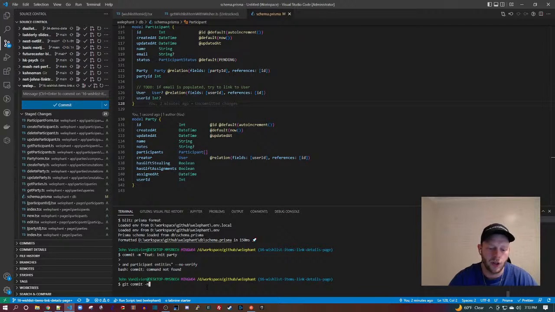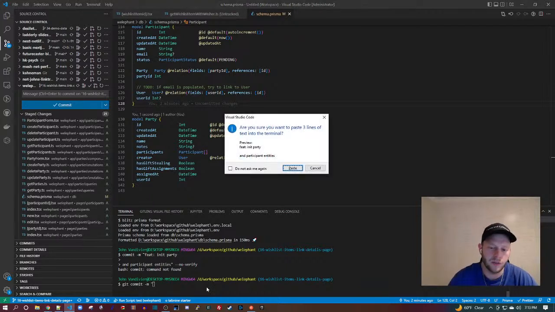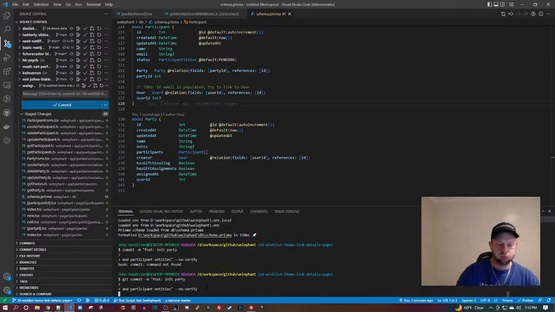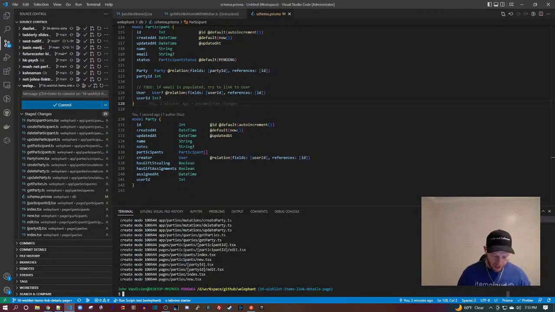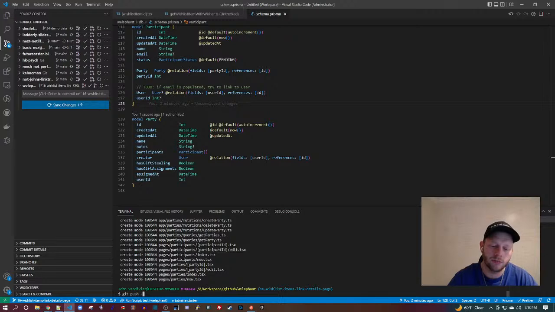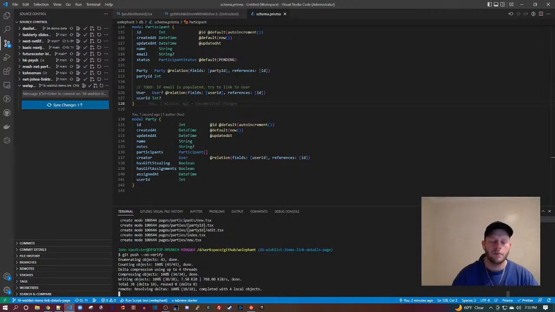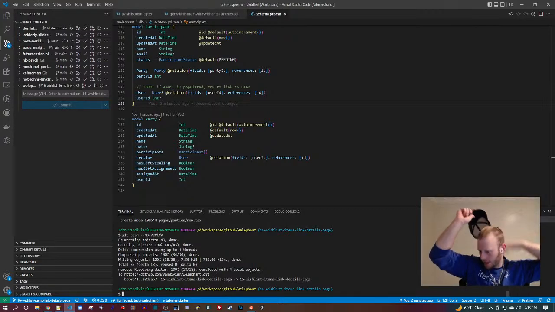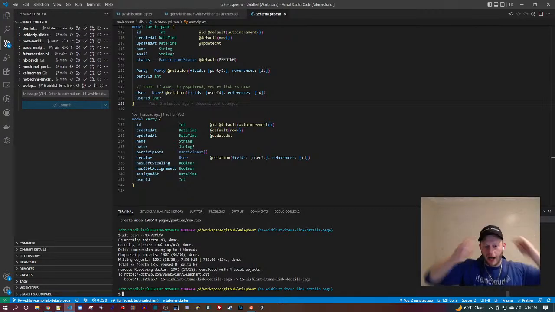All right, I have to do it all over again. Oh, maybe I don't. Heck yes, I'm a genius after all. Okay, and no verify is going to skip the Husky hooks. Yep. And then I'm also going to git push, no verify. Basically, my Husky hooks run like a linter and they run my test suite before I push to GitHub, which is a pretty good practice. But I'm kind of in a hurry, so I ain't got time for that.